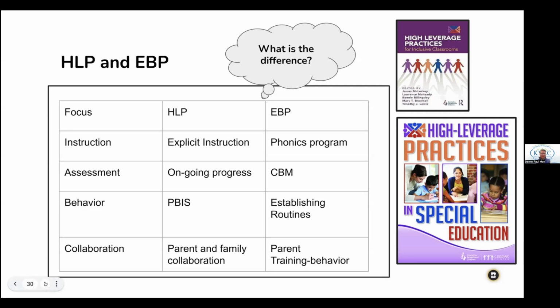And then I said the last thing I was going to talk about, and we're just about here to the end. The last thing I was going to talk about is when you do your walkthroughs, when you look at what's going on in those classrooms, when you're looking for evidence of specially designed instruction, what have you done that's special today? What have you done that's going to highlight a goal that a student has on the IEP?